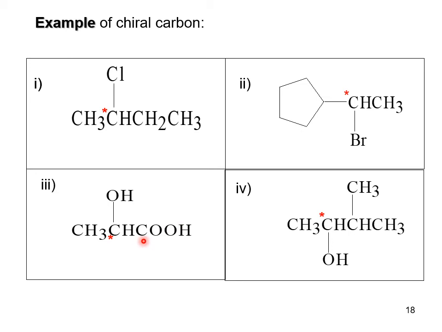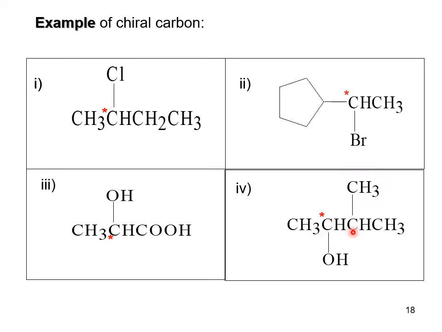And then this one, this C with a C double bond O, the C double bond cannot be. It's not an sp3 carbon, so it cannot be assigned as a chiral carbon. For this one, CH3 cannot. For this C with a CH3 group, hydroxyl group, hydrogen atom, and with this big group, so yes, this is a chiral